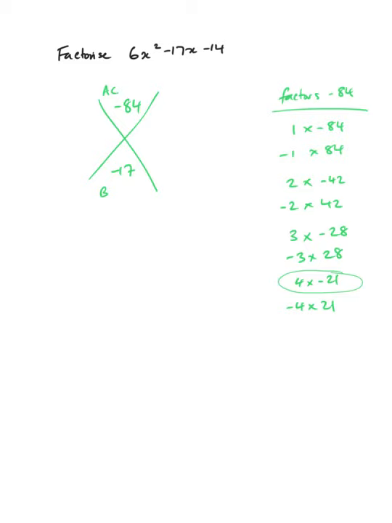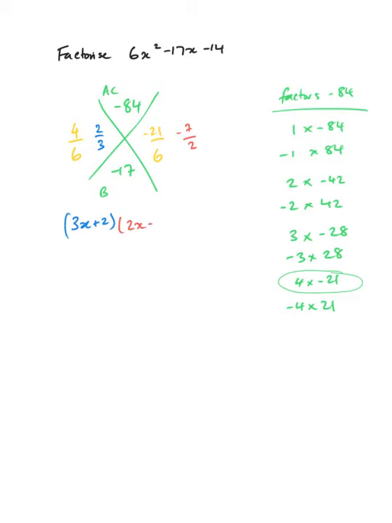And it's going to be exactly the same sort of idea. I'm going to have the factor over a. So I'm going to have 4 over 6, and I'm going to have minus 21 over 6. And as before, we'll simplify them. So that's 2 over 3, and that is minus 7 over 2. Okay, that gives me my two factors. Remember, bottoms up, so 3x plus 2